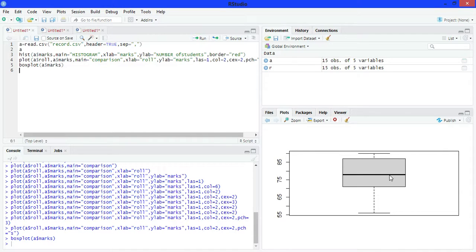This dark line is showing the average of marks. We can also use all these attributes with boxplot.